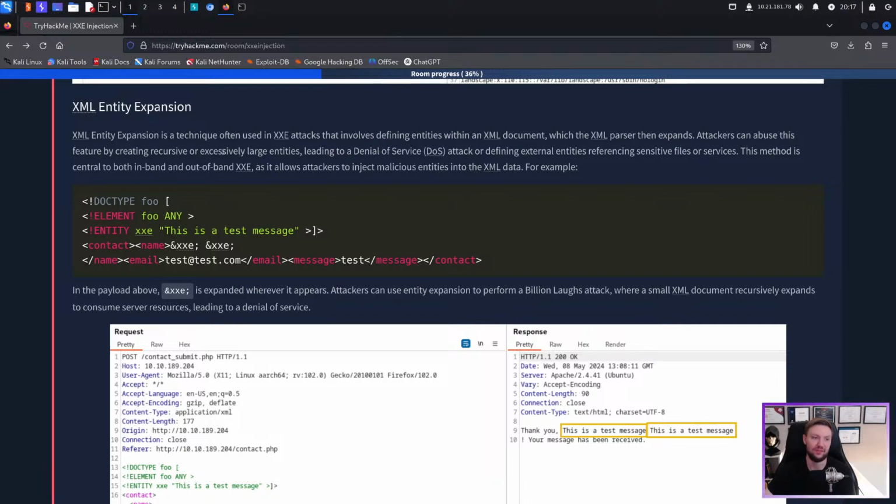Attackers can abuse this feature by creating recursive or excessively large entities, leading to denial of service (DoS) attacks, or defining external entities referencing sensitive files or services. This method is central to both in-band and out-of-band XXE, as it allows attackers to inject malicious entities in the XML data. For example,